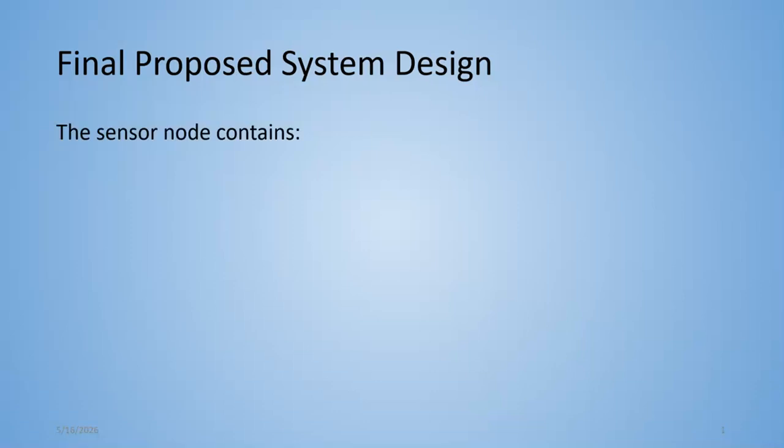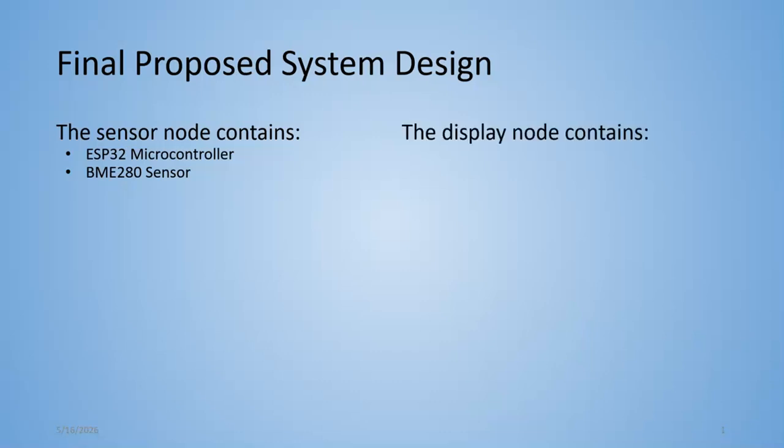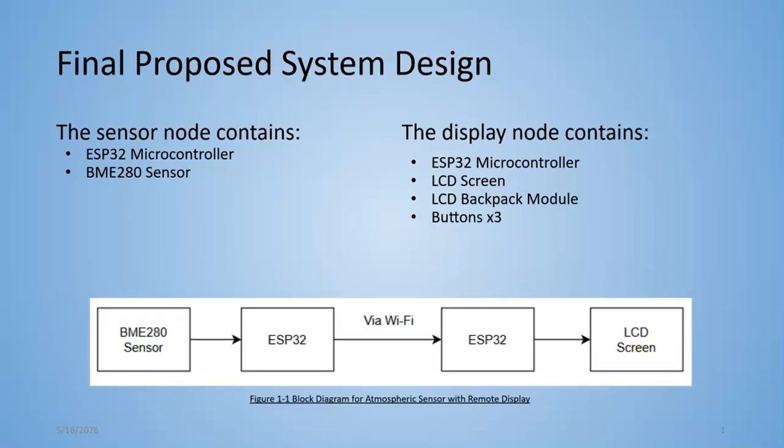Now, the final proposed system design: the sensor node contains, of course, the ESP32 microcontroller and the BME280 sensor. This system is very simplistic, and there is not much to it, and it is meant to interface with the display node. The display node contains another ESP32 microcontroller, an LCD screen, an LCD backpack module, and 3 buttons. Figure 1.1 below shows the block diagram for the whole system, and this is a very general